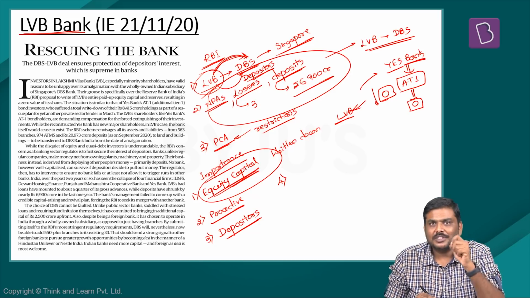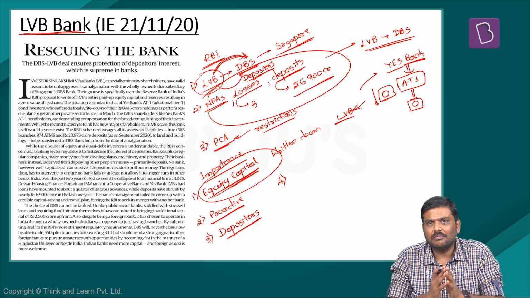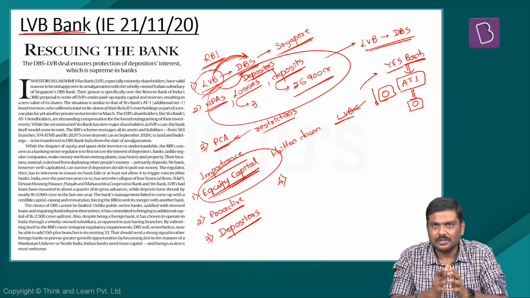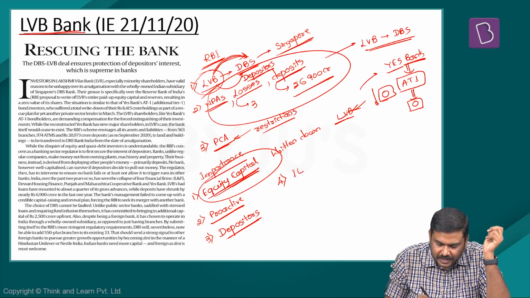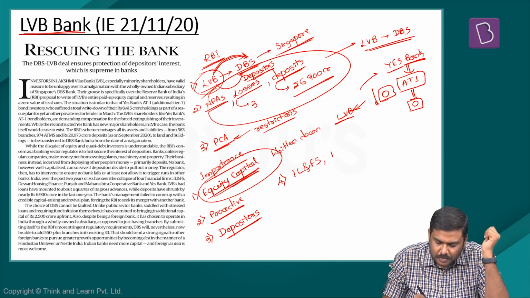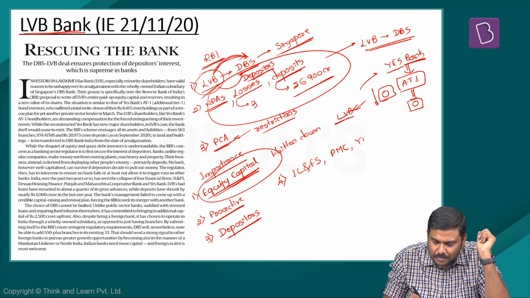In the last couple of years, more and more financial institutions in India are coming under a lot of pressure, or these kinds of financial pressures are happening in more and more financial institutions. For example, earlier this happened to one of the biggest NBFCs in India, IL&FS, Infrastructure Leasing and Financial Services. There was a problem with respect to Punjab and Maharashtra Cooperative Bank. Earlier there was a problem with respect to Yes Bank, and now the same thing has happened in the case of Laxmi